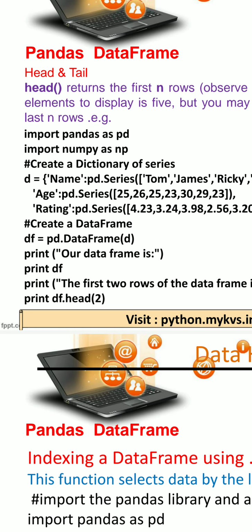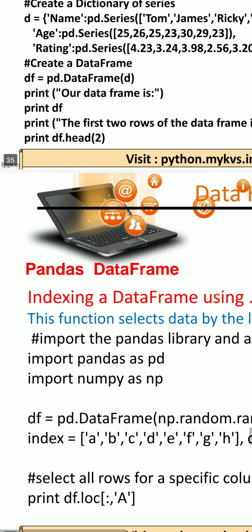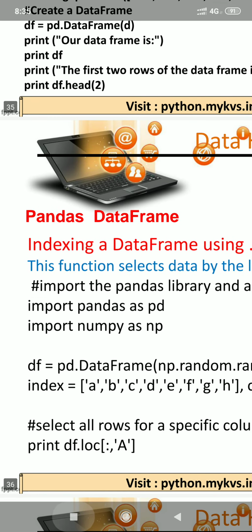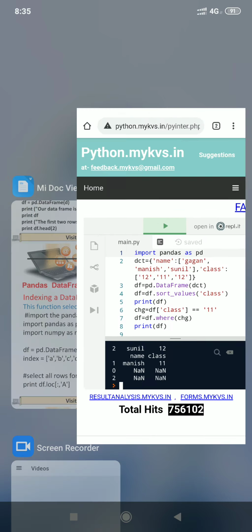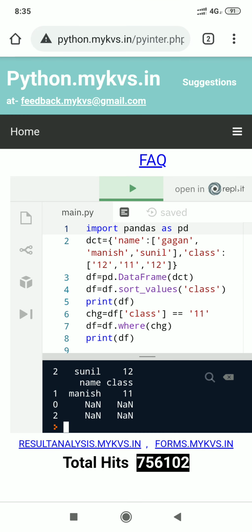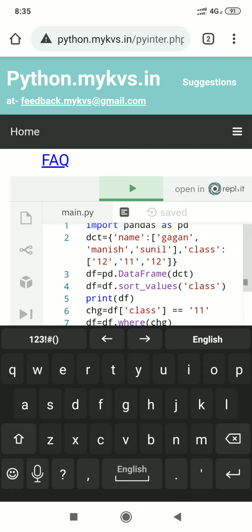Okay students, now I do it practically. In this program I make a change and remove the additional part for our practice purpose.